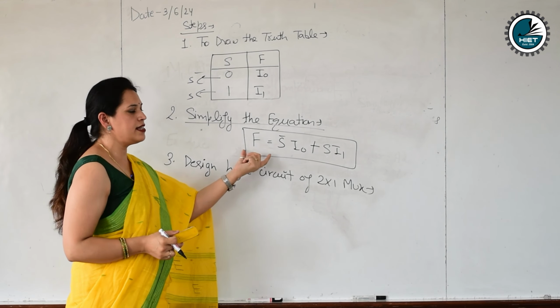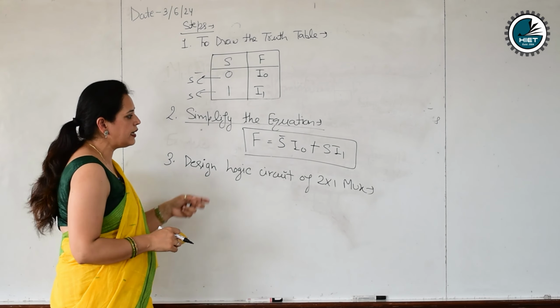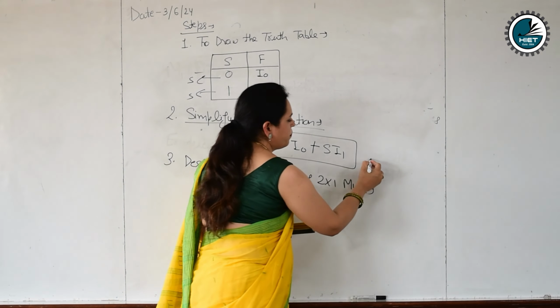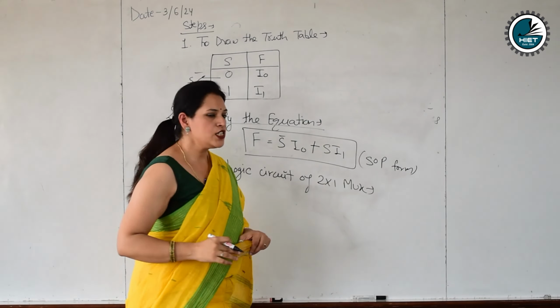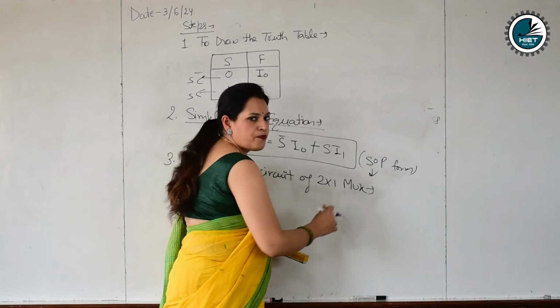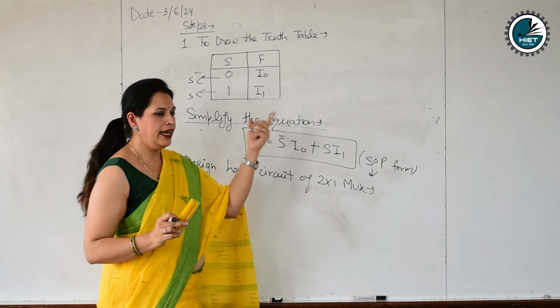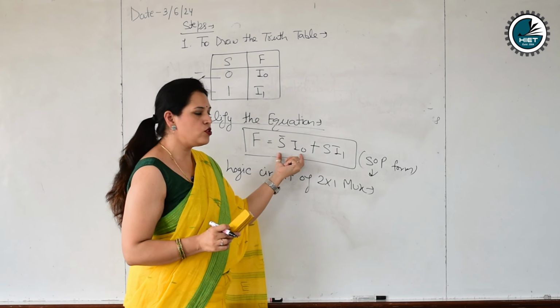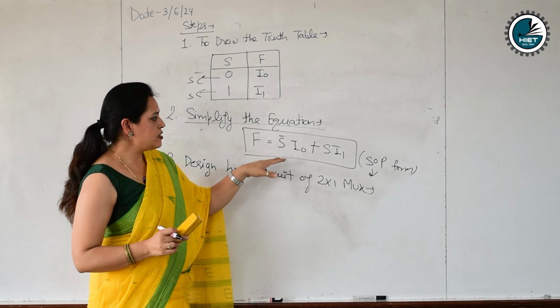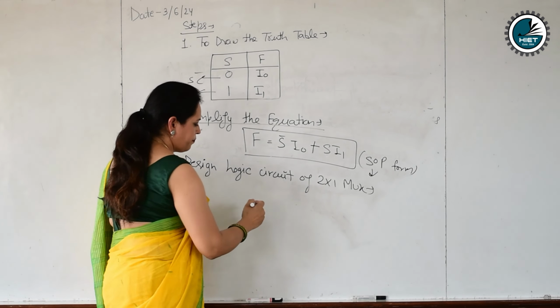Now with the help of this equation, we can draw the logic circuit. This is the SOP form. What stands for SOP? Sum of product. We have studied in the first unit. So according to this SOP form, we have to draw with the help of gates. In this, we have to use gates,